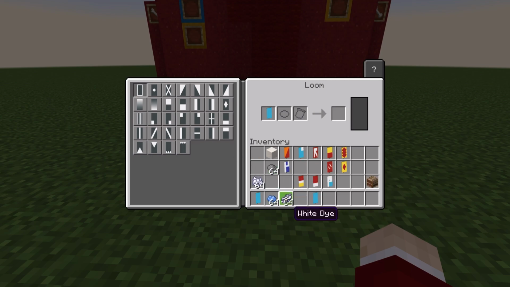So I'm going to take myself my white dye in with my banner. I'm going to get myself a white Perfess. I believe it's going to be...